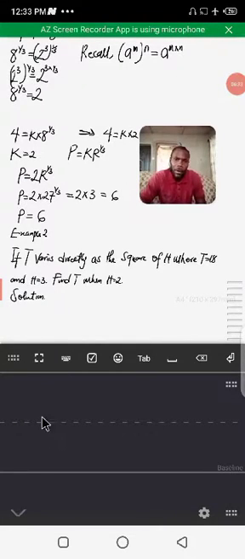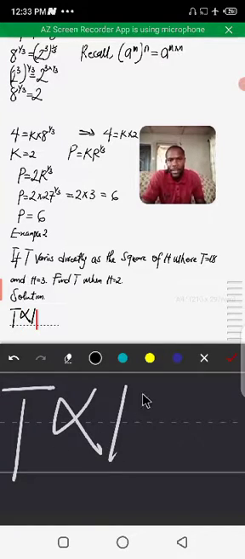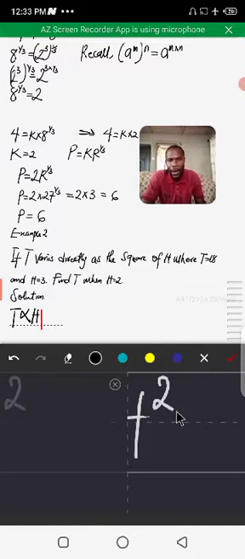Let's now discuss example 2. If T varies directly as the square of H, where T is 18 and H is equal to 3, find T when H is equal to 2. You first write the relationship. You say if T varies directly as the square of H, this is the relationship,